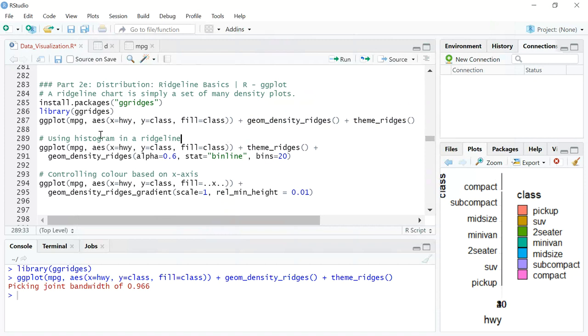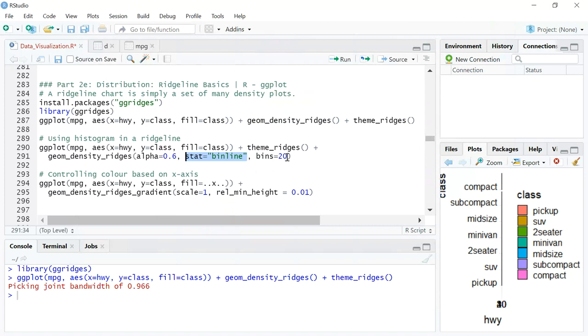That's it. Now let's say instead of the density plot, you need a histogram. Here again, you're just going to use the same theme_ridges and the same plot: x is equal to highway miles per gallon, y is equal to class, and fill is equal to class. Inside the geom_density_ridges, earlier you had no argument. Now you're going to say stat is equal to binline.